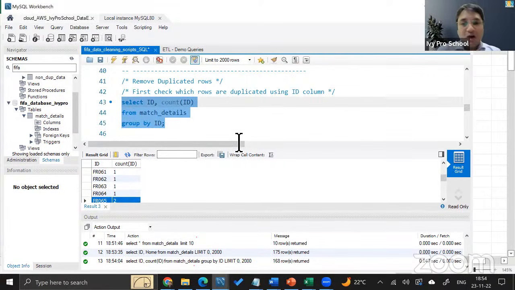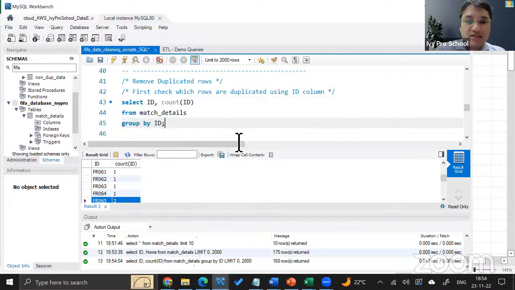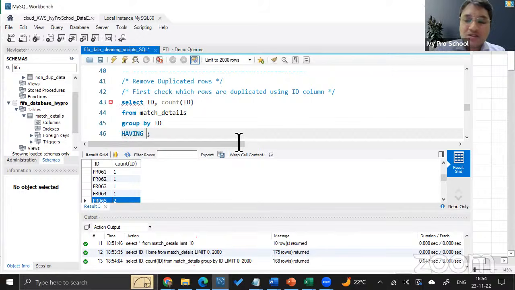Now, since now we know which are those IDs which has occurred more than once, so I'm going to use a condition statement, which is very helpful in putting a condition on group data called as having count of ID greater than 1. So let's say if you do not know SQL at all in your life, this is the first time you're looking at SQL, even by reading the statements here, you can actually know what is going on.